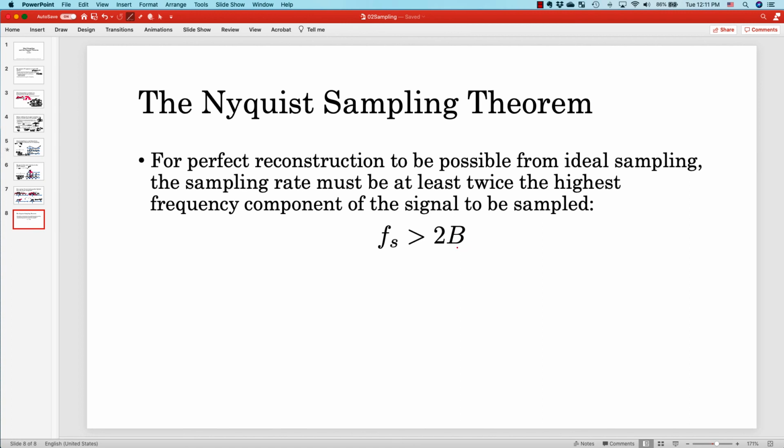B is the bandwidth of the continuous time signal. And as long as the sample rate is more than twice that, so let's say B was here, and as long as Fs on the frequency axis is bigger than 2B,